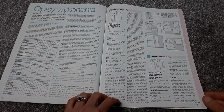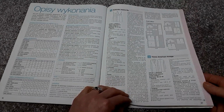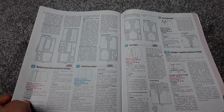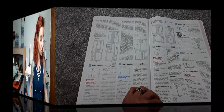And then the instructions, and I don't like the instructions. They are quite brief and I don't really understand them, not very well. They are quite difficult, especially the code. It's not a lot. But, well, maybe they are like Burda magazine. You just have to get used to them. But they are scary for me. And finally,